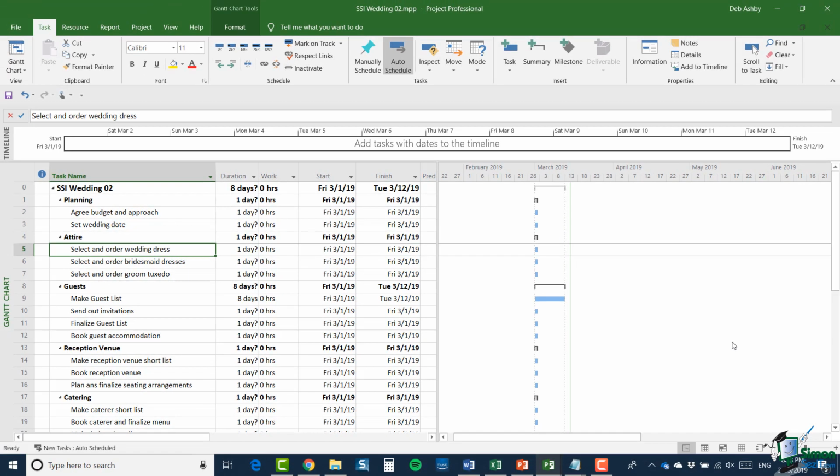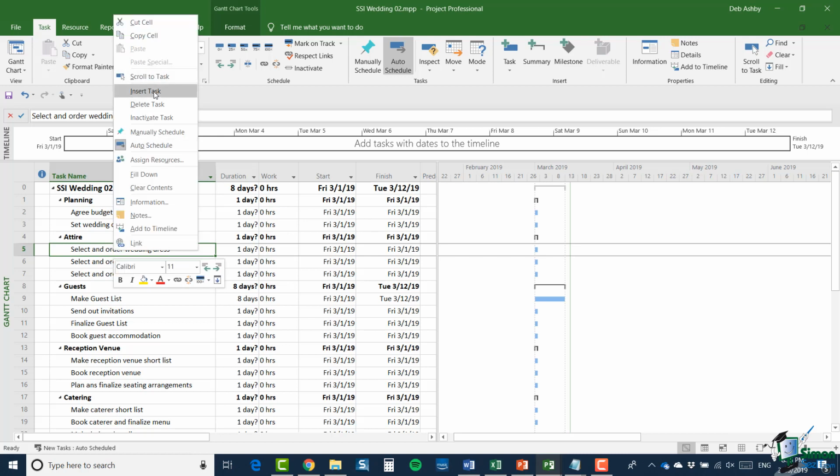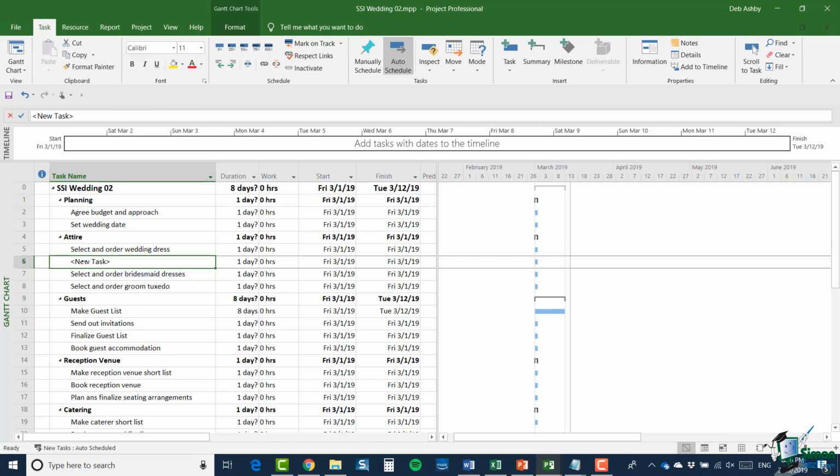So here is the revised wedding plan. This will be the version that I'll save as Wedding 02. So if you want to take a look and perhaps compare it with the version you've made yourself, that's fine. And there is one other area now that we need to look at. And in order to look at that area, what I'm going to do is add even more detail to this temporarily. Now I'm going to take the task, select and order wedding dress, and I'm going to break that down into 3 further subtasks. So I'm going to right click, select insert task, and the first one is going to be